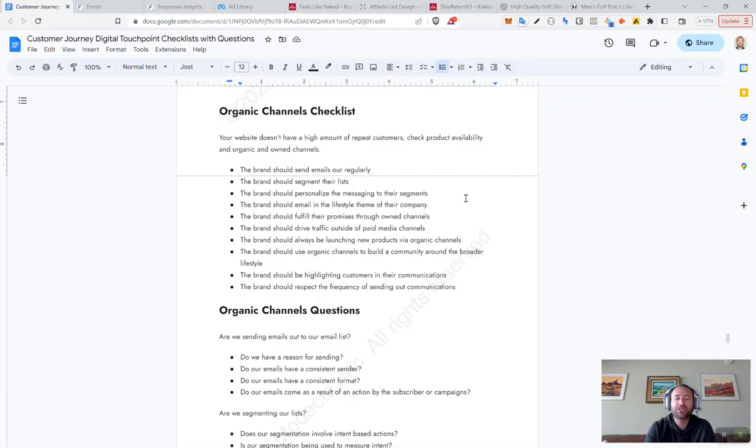Brand should always be launching new products via organic channels. 100%. Structured limited releases are a huge thing, and collabs are also a huge thing. Collabs can get a little bit annoying and take some time, but structured releases of products 100% work. If you order a new product and it comes in four different color variants, you should not launch all those variants at once. You should tease out the first couple, then follow with the second couple, etc. And you should do it in a scaled way that makes sense.